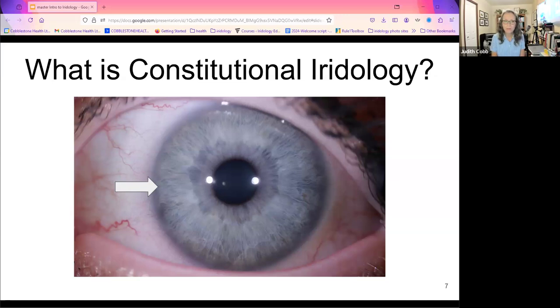Now, there's a huge difference between constitutional and emotional and Jensenian, and there might be some other styles out there as well. Constitutional iridology is going to take into account what the constitution of the body is. It's going to give us information about how this body is put together, where we might expect to see issues, where we might see strengths, even to a certain extent, what kind of issues we might see.